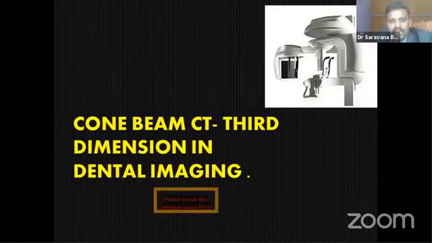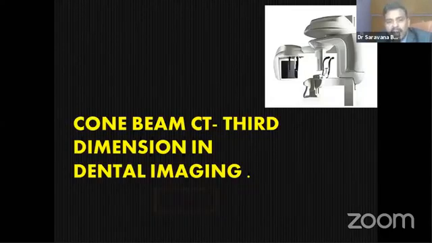For that we should know how to operate our software. So here in cone beam CT, you are the radiologist for your own diseases, for your own problem. You need not rely on any radiologist. Okay, the DICOM data, the software data, will be given to you on a CD and will have all the information. You just should know how to use the software, and you will be able to analyze any disease within the data.